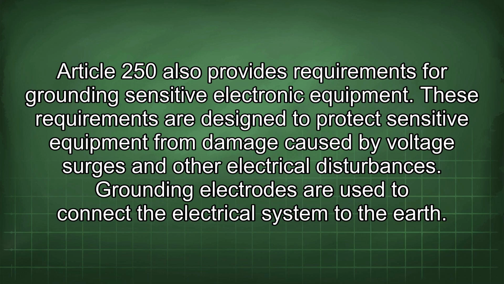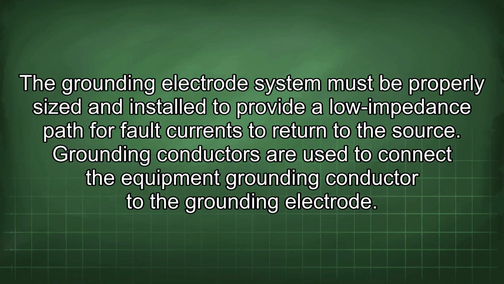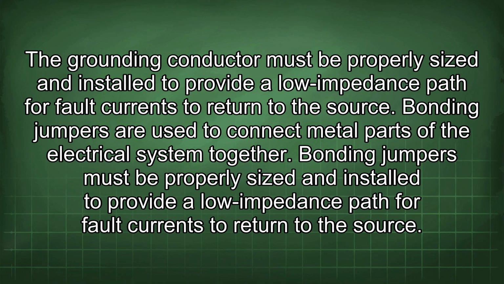Grounding electrodes are used to connect the electrical system to the earth. The grounding electrode system must be properly sized and installed to provide a low impedance path for fault currents to return to the source. Grounding conductors are used to connect the equipment grounding conductor to the grounding electrode. The grounding conductor must be properly sized and installed to provide a low impedance path for fault currents to return